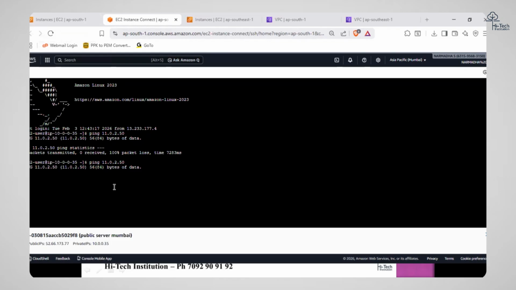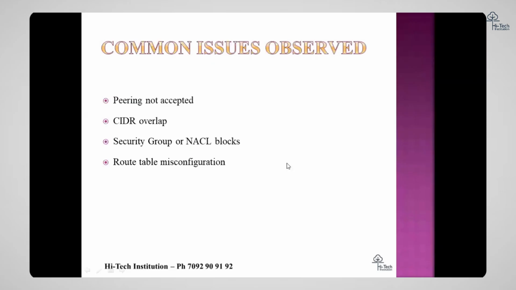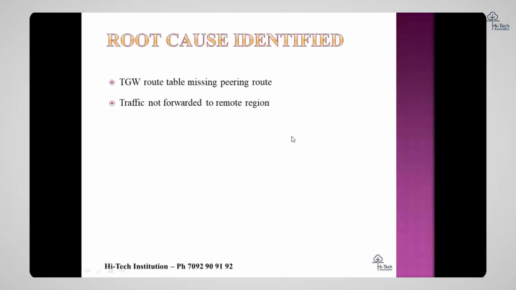Maybe it'll take some time because we just added the association. We'll wait for some time. Now you can see the ping started coming. Okay, so we have finalized: the issue is with this particular association of my transit gateway. Root cause identified is the transit gateway misconfiguration with the route table peering. That's the reason the traffic is not forwarding to my neighbor region, the Singapore region.